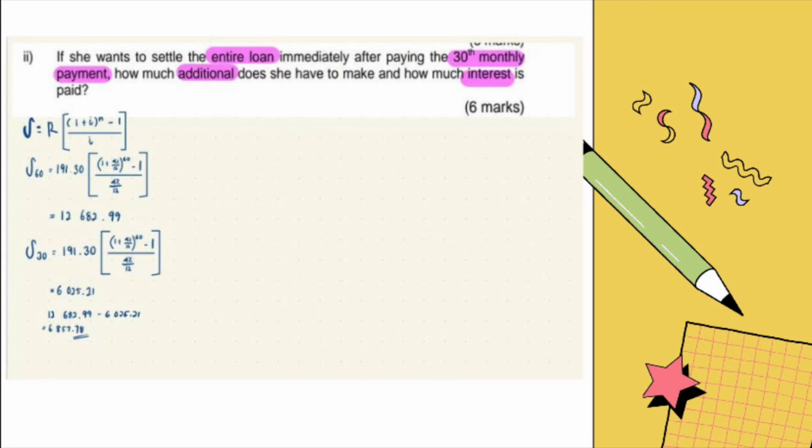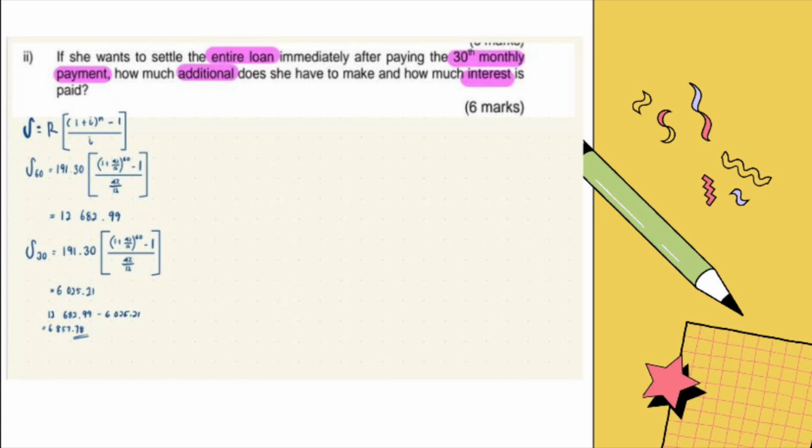So S16 equals 191.30 open bracket 1 plus 4% over 12, the power of 16, minus 1 divided by 4% over 12 close bracket. So the answer is